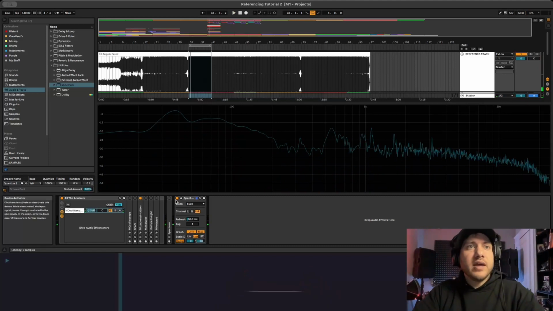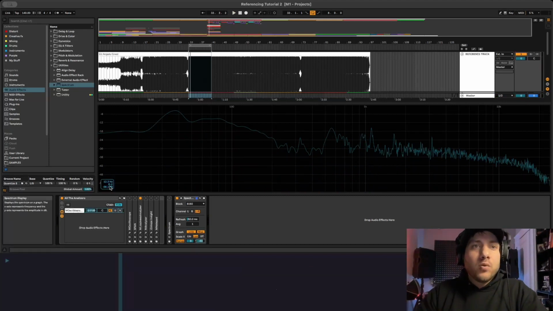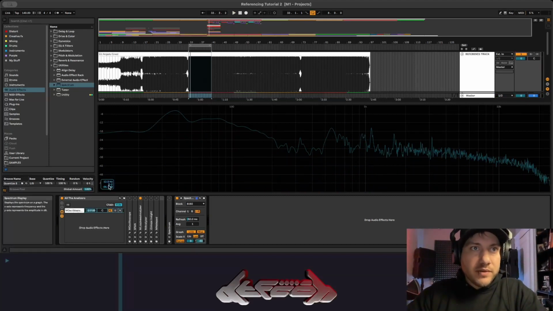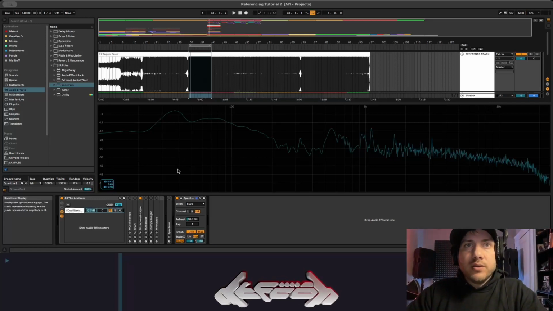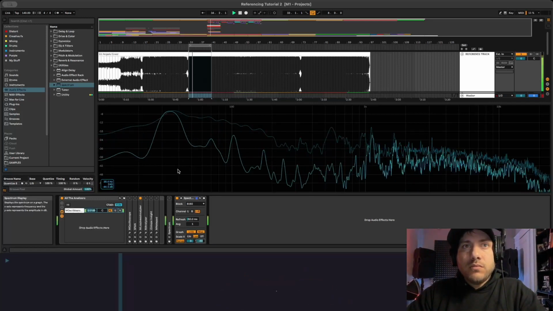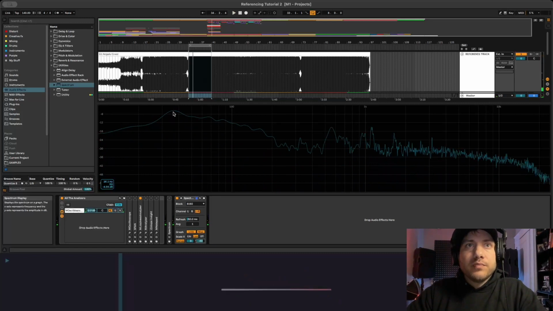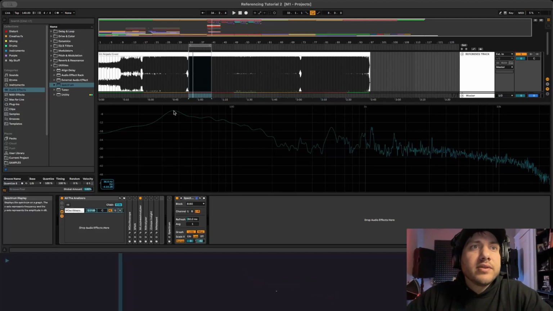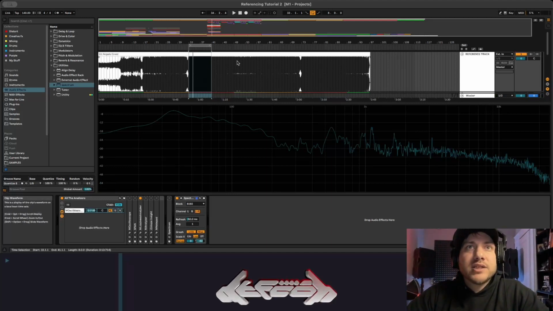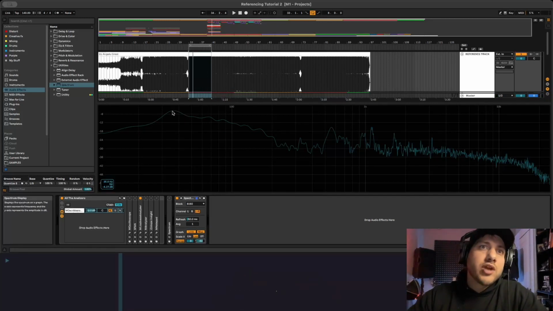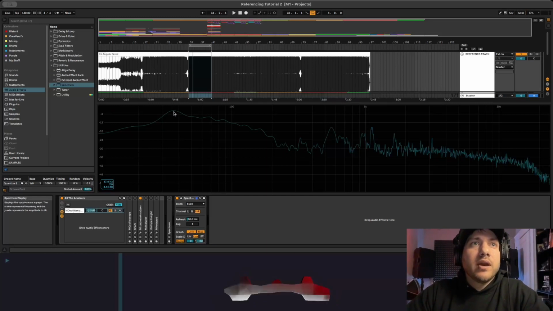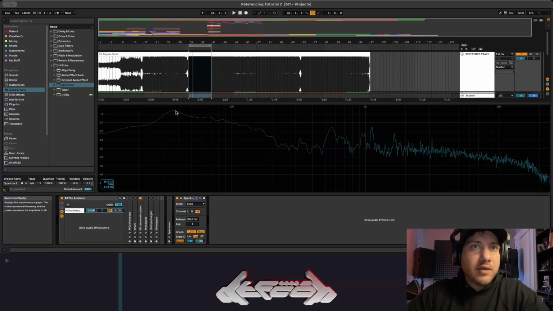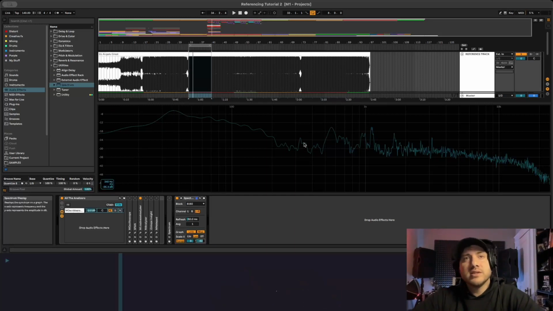Cool. So now that you've done that, if you check the corner here, wherever you hover your mouse over is going to show you some information. So one thing we can do is to just hover right over the sub here. So you can see now that the sub is peaking at -4 decibels. So if we're trying to match this mix down or this master here, we know that after our track has been mastered, we want our sub to hit at around the same level here. Other cool things to note